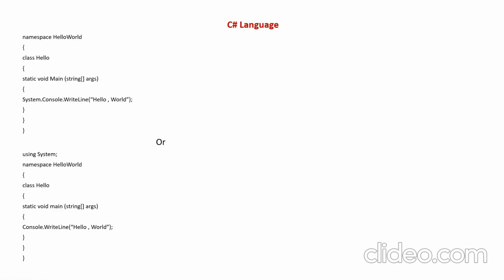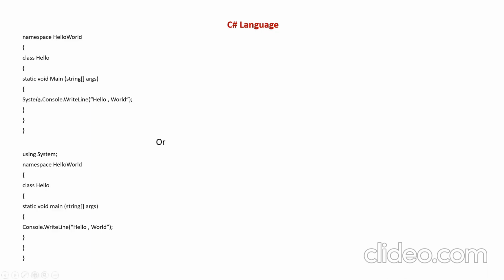Kindly note that you cannot translate Java to C# as it is; certain precautions must be taken. Static void Main(string[] args) is the name of the method for printing hello world. System is the name of the namespace. Within that namespace, there is a class called Console. Within that class, there is a method called WriteLine. Within WriteLine, I give the string which has to be printed on the display.